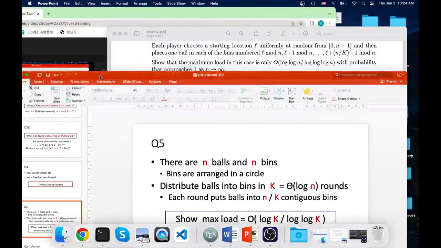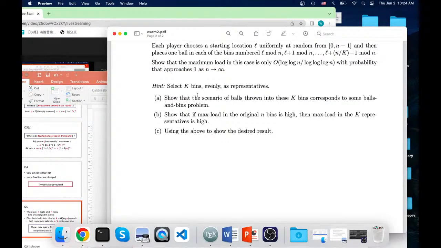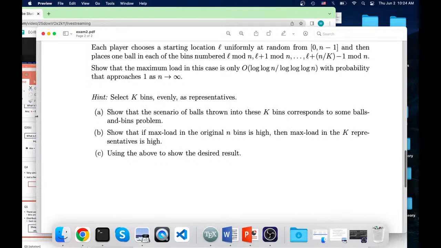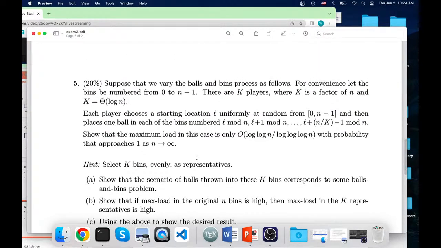Perhaps let me find out exam 2. So this is exam 2 question 5. So let's read the question together. Question 5, we are going to modify the balls and bins process so that, let's say we